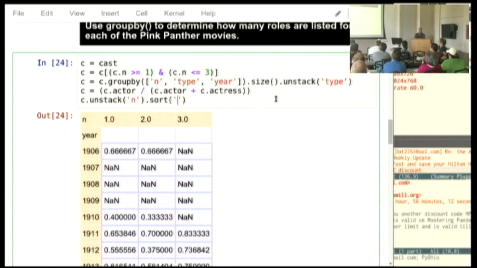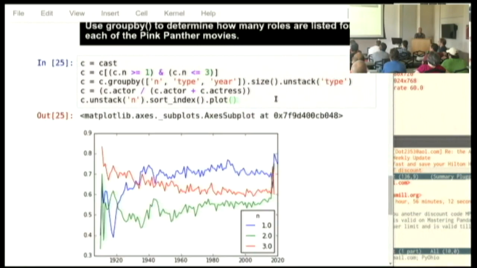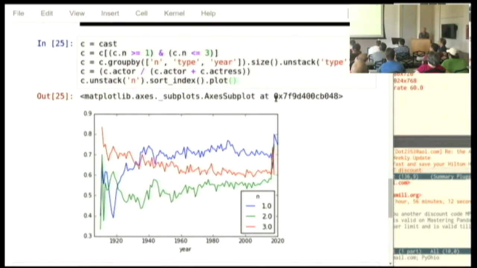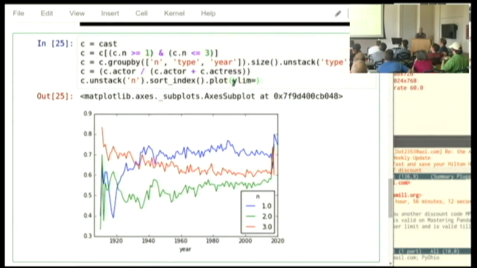Go ahead and sort by year, sort index, because year is my index. And then I'm going to do a plot. And we see that. And let's go ahead and make it go from 0 to 1.